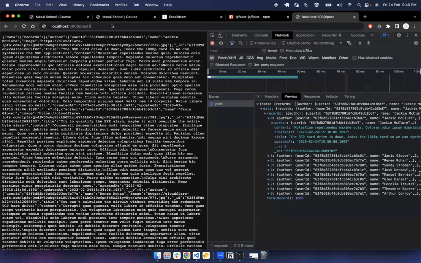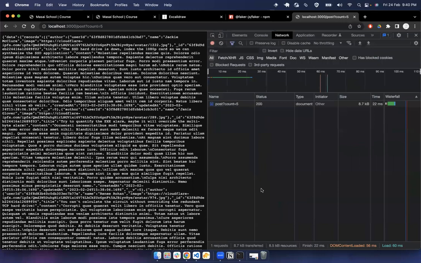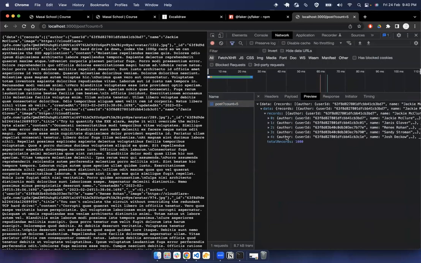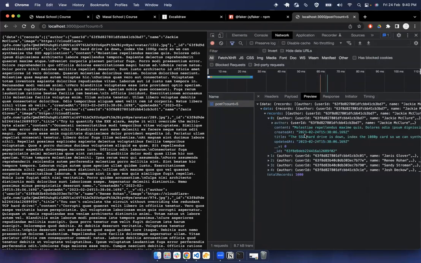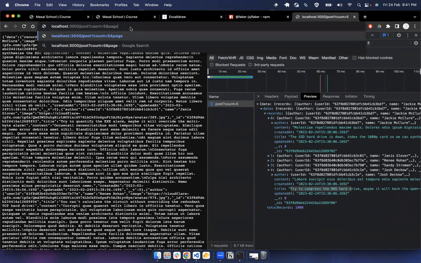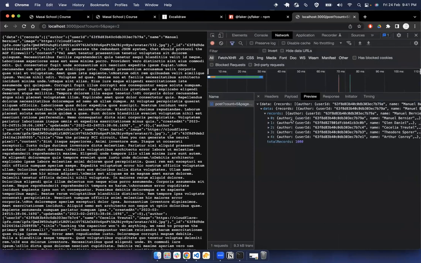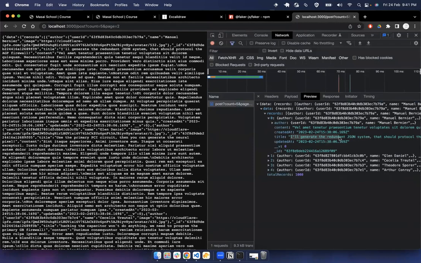If we want, let's say, only 5 on each page, then this time you will see that we are only sending 5 posts. Okay. The first one is SSD hard drive, and the last one is labor, but try to compress the DNS hard drive. Okay. If I do page 2, this time you see we are getting